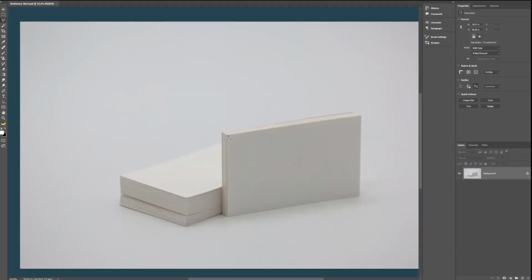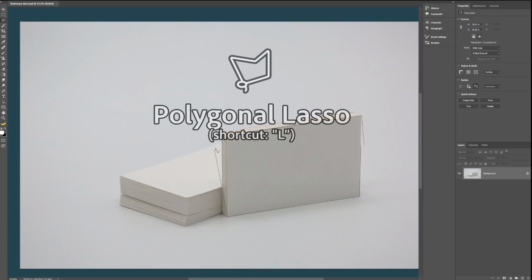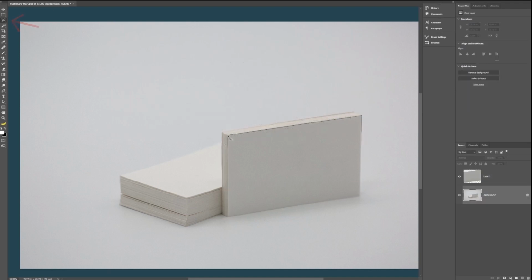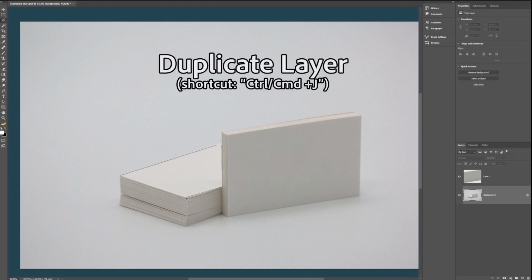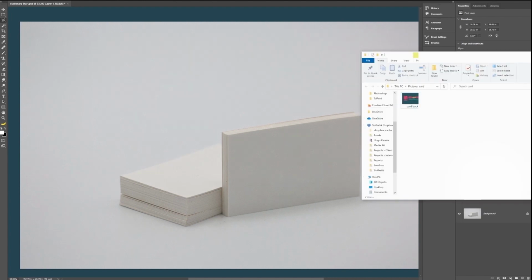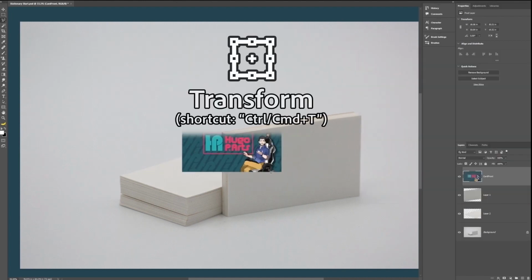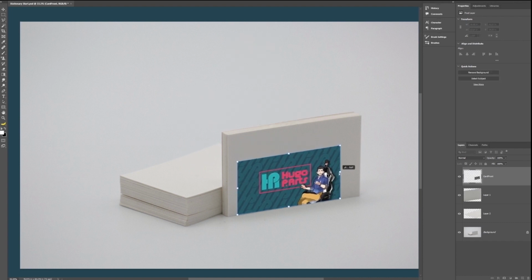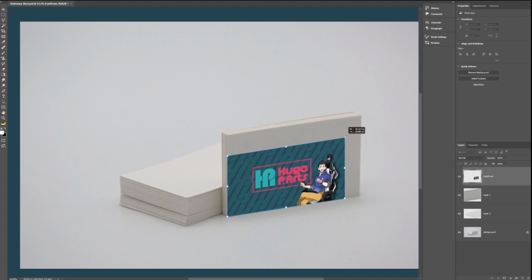break free. Start by bringing into Photoshop the image that you want to use as a base. Then using the polygonal lasso tool, select all four corners of each of your business card surfaces and press Ctrl J to duplicate them into a new layer. Now you can bring into the project the designs that you've made. Use Ctrl T to position them and transform them according to the perspective of the card, and press Enter once